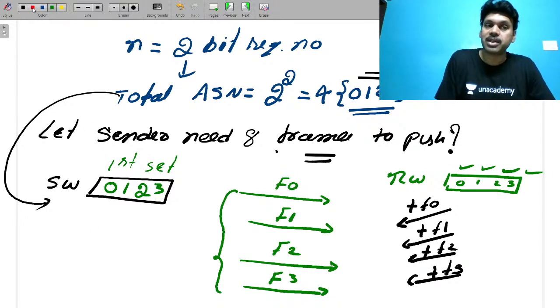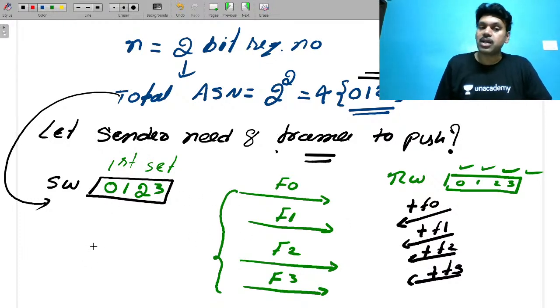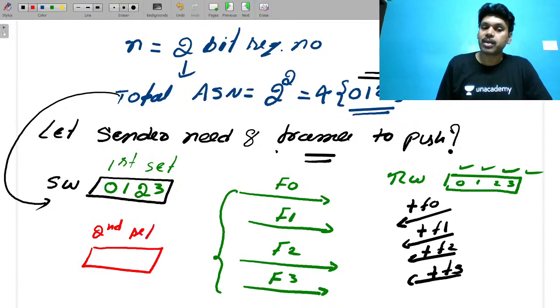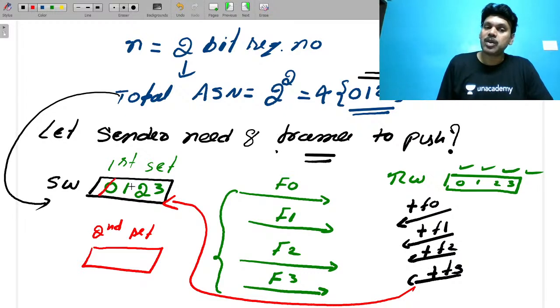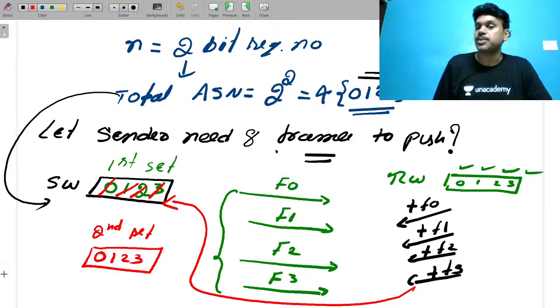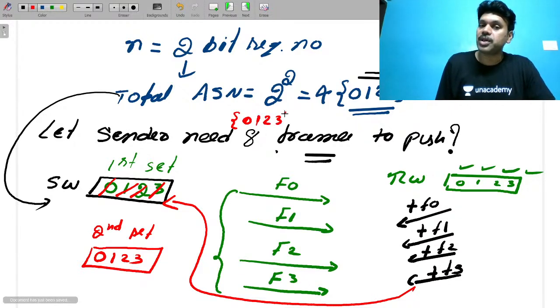What is your second set? I am changing the font color. Observe. So for 0 acknowledgement, I will send 0, and for 1 acknowledgement, I will send 1. No doubt. This is your second set. As you already received the acknowledgements, they will be removed from the window, and you are adding a new frame sequence number 0, 1, 2, 3. Because 8 frames means 8 sequence numbers you will get. Don't write 0, 1, 2, 3, 4, 5, 6, 7. You are limited to 0, 1, 2, 3 only. Those numbers are reused.